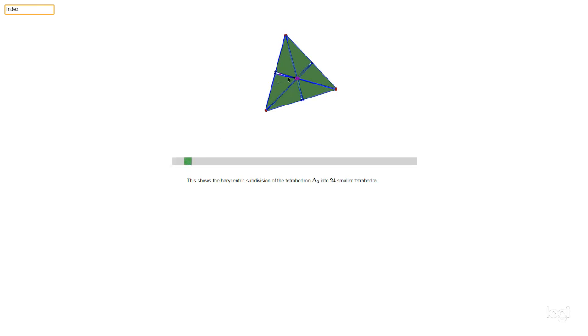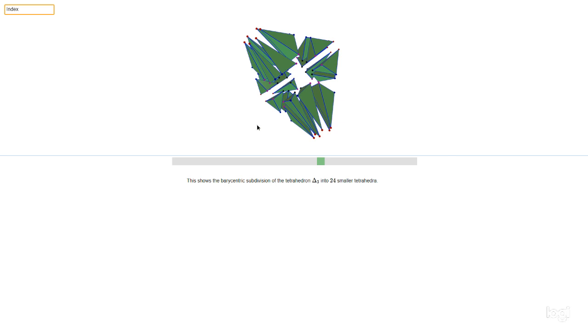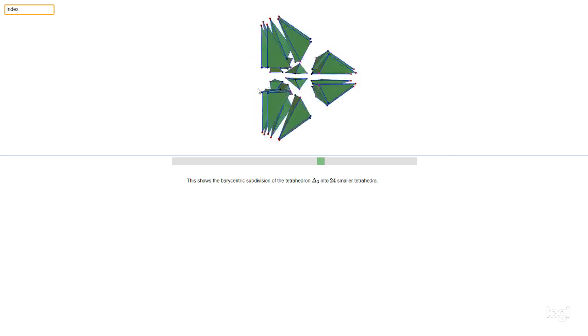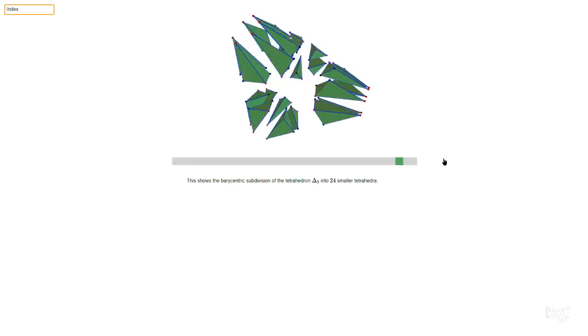So we just explode a little way. You can see that each of these 24 faces is now giving us a tetrahedron, and we can explode those out a bit further. There you go. You can see we've got 24 tetrahedra, and we've left a big gap in the middle now. And we can spread them out a bit more, make it a little bit more visible,